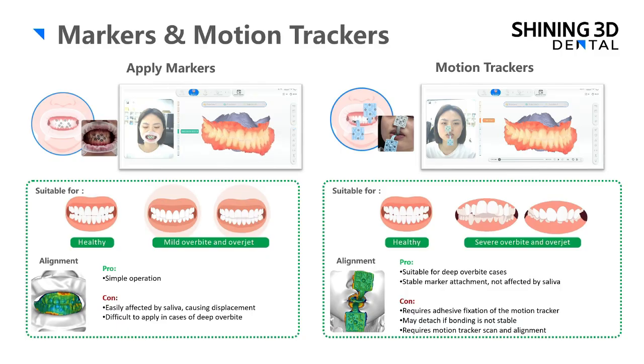And also, the pros here is it's suitable for deep overbite cases, and it's much more stable for the markers to attach on the surface of the motion tracker instead of the teeth surface, so it won't be affected by the saliva. And the drawbacks here is it requires adhesive fixation of the motion tracker, and it may detach if bonding is not stable, and it also requires some motion tracker scan and alignment, so more steps involved